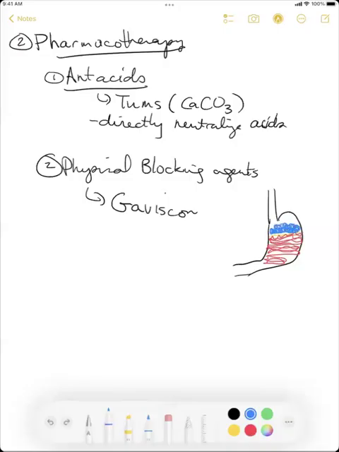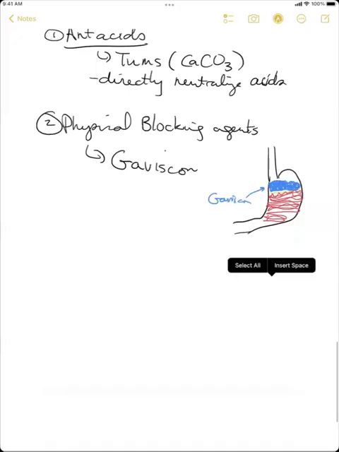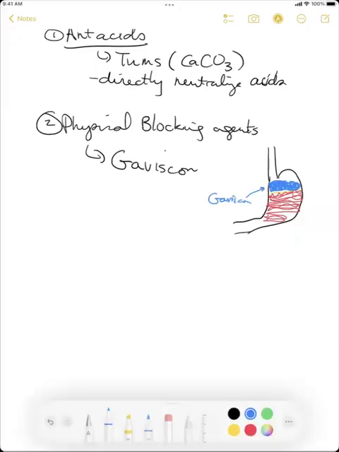And when the stomach tries to churn, this foam, the Gaviscon, stops this fiery red stuff from going into the esophagus and burning it. Gaviscon is great. I don't work for the company that makes Gaviscon, but it's a really helpful way to treat